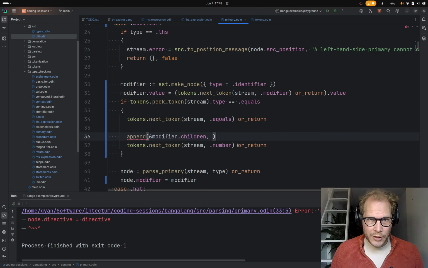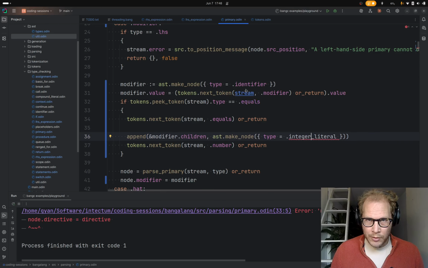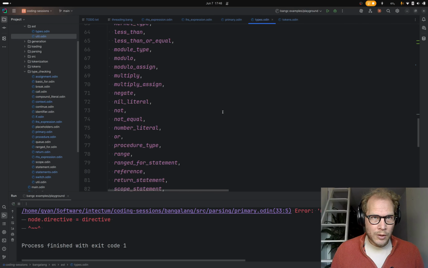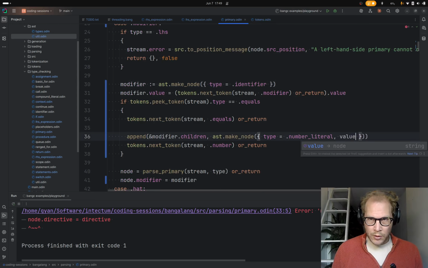Don't need semicolons in this language. A new node, which is an integer literal. Isn't that a node type? Null, number literal, where the value is this value.